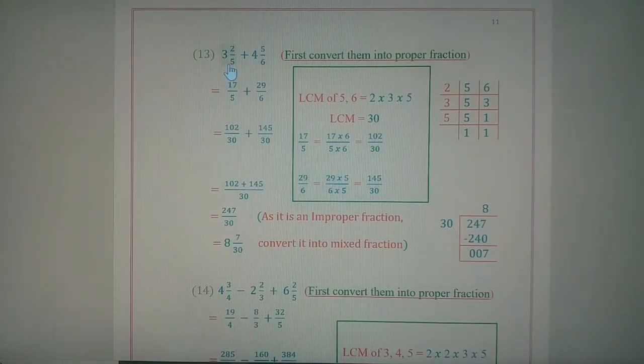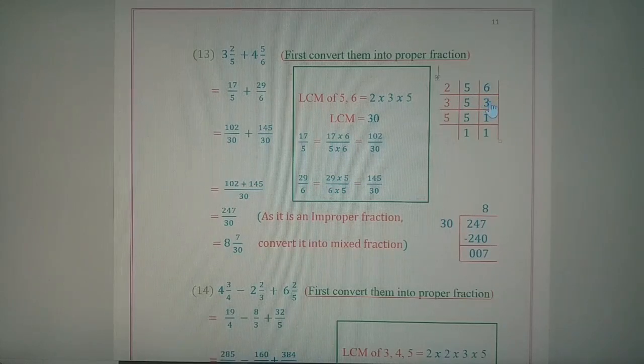Now whenever the denominators are different, we have to find the LCM of the denominators in order to add the fractions. The LCM of 5 and 6 has to be found. The LCM of 5 and 6 is done in the rough column. Using the prime numbers, we have to do the long division. Now for 5 and 6, the smallest prime number is 2, so we'll take 2 table. Between 5 and 6, 6 comes in 2 table.